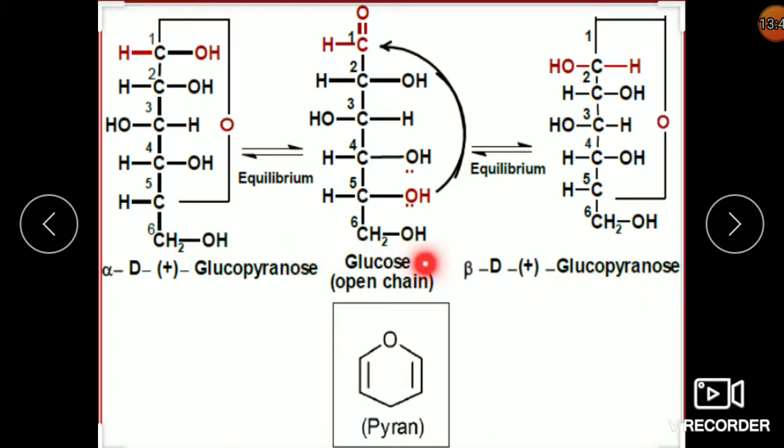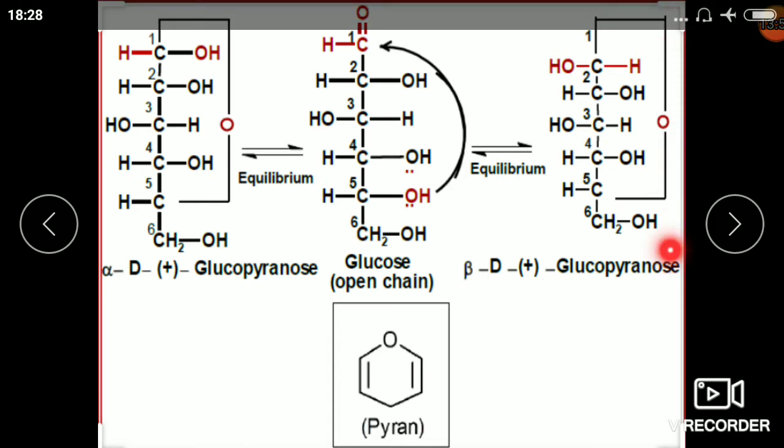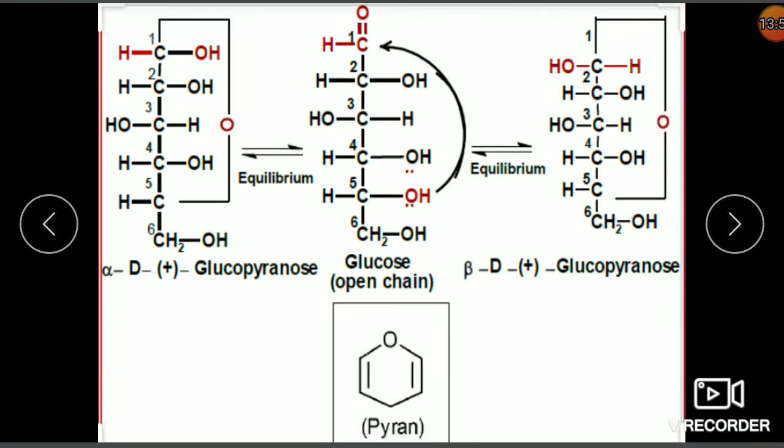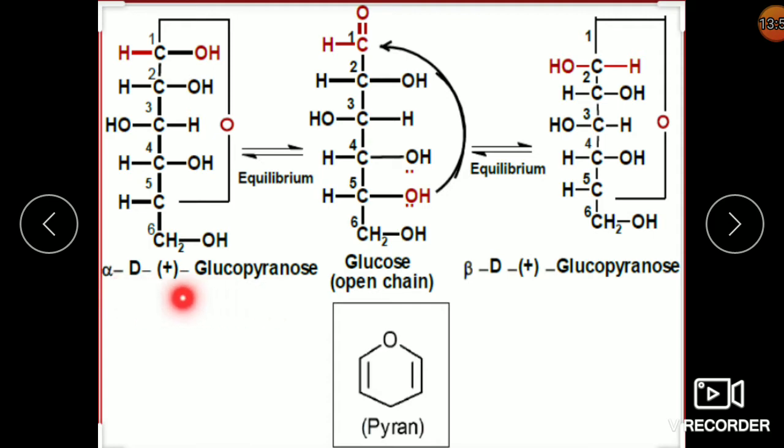We have started with D glucose. You see the OH group is on the left hand side, so it is a D glucose. So this isomer is called D glucopyranose. Now if you put a mirror in this structure, then the enantiomer you will get will be like this. This bridging will not matter because it's above the plane, so it will not change if you place a mirror. So what will be the change? The OH and H group will be exchanged. Lateral inversion happens in the case of a mirror, so you'll get that lateral inversion, and that is known as alpha D glucopyranose. So this is the cyclic structure of your glucose.